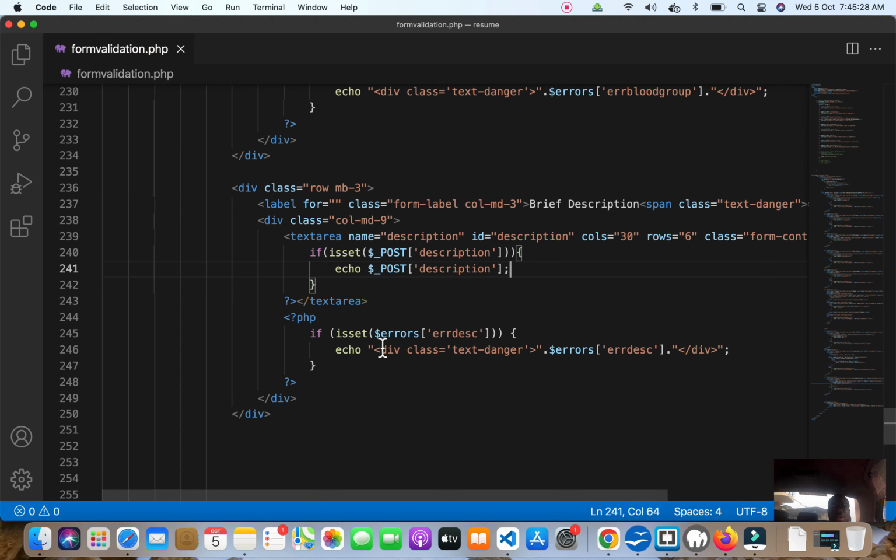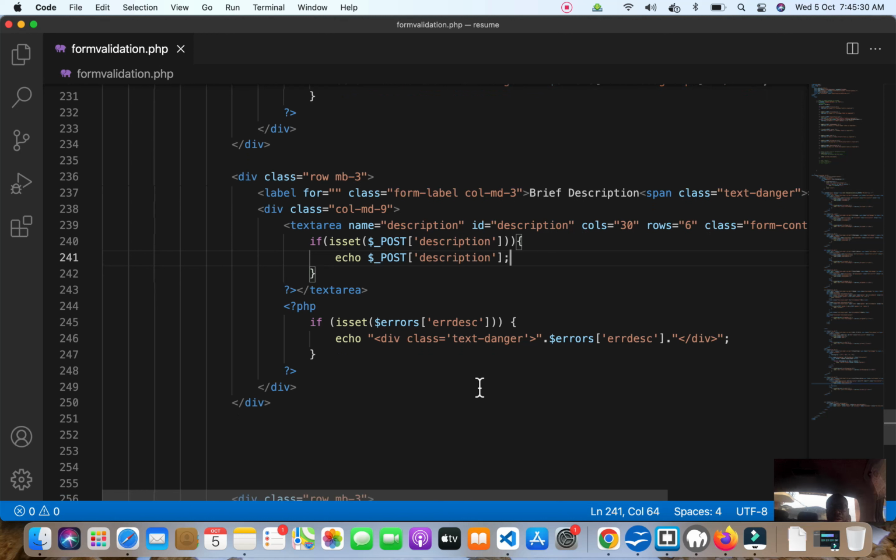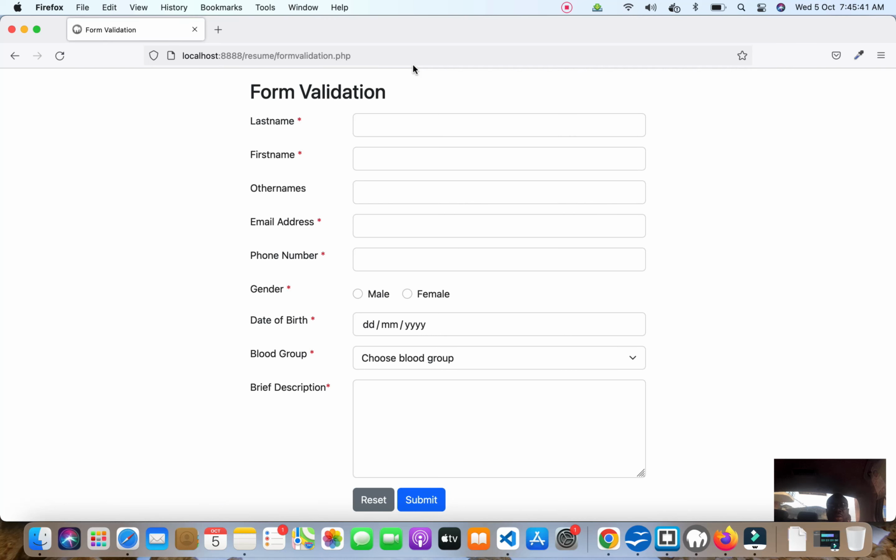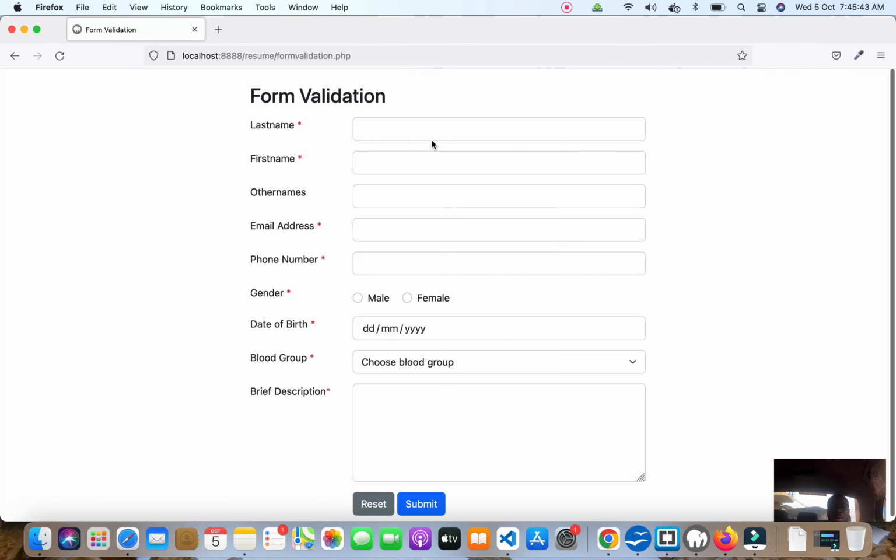And with this, we've ensured that when you fill some fields and you didn't fill others, the data you filled before will still be retained. So let's test this. I proceed by filling this. Let's say Cook is the first name, followed by Team, and other name, if I didn't fill it, let me just fill it, Lee, and email address is